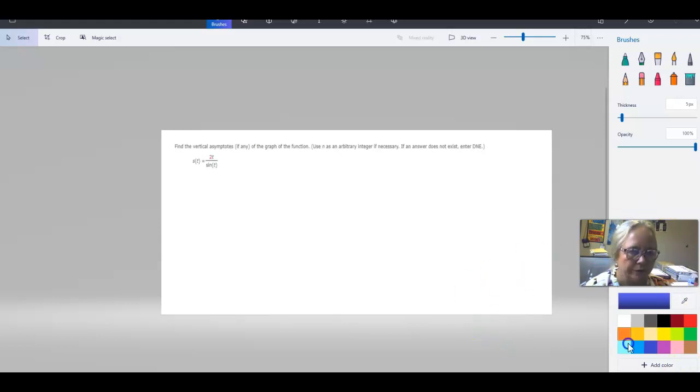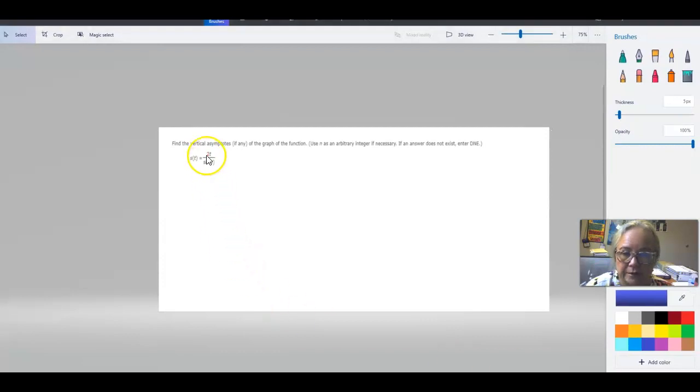Hello, in this video I would like to discuss a question that I received from a student about finding the vertical asymptotes, if any, of the graph of the function f(t) equals the ratio of 2t to sine t. So if your function is in reduced form, and you can see that 2t in the numerator and sine of t have no common factor, so it's in reduced form, we need to find zeros of the denominator to find the vertical